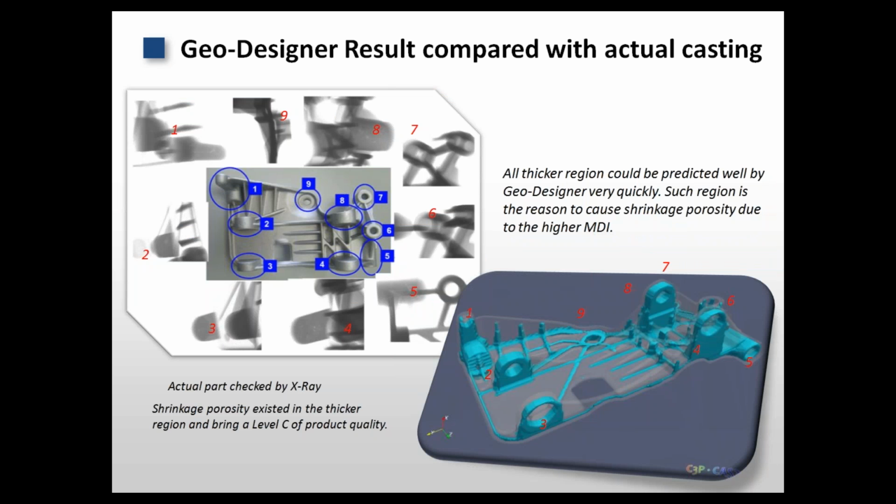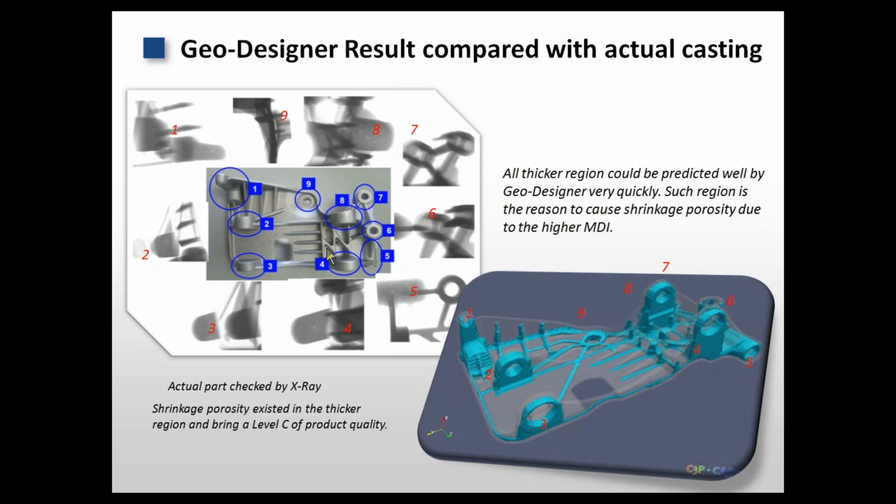Okay, this is a real case of what we have done in Geo-Designer. In this case, you will find an X-ray photo. In these pictures, there were 9 regions with shrinkage porosity problems, and we could use Geo-Designer to predict this kind of problem in just 1 minute. So we just mesh the model and check the MDI. You will find all those problems